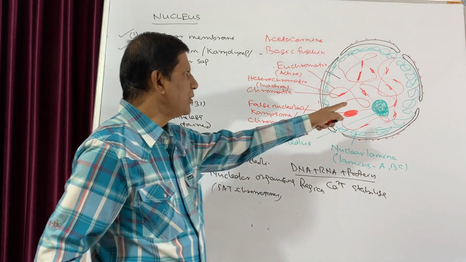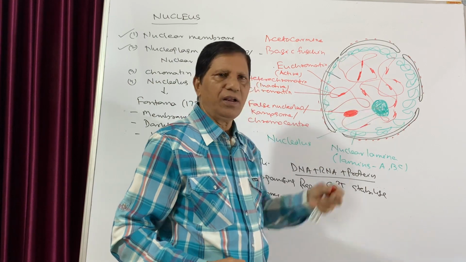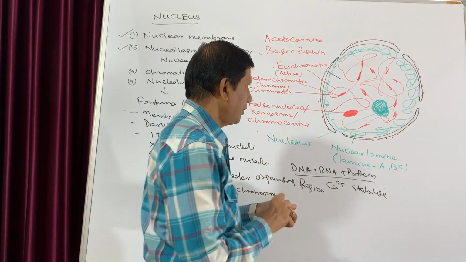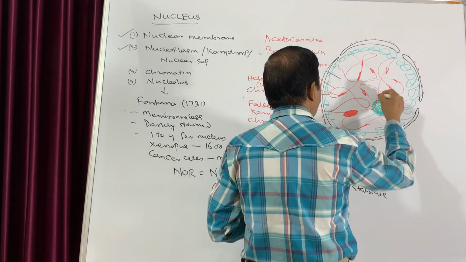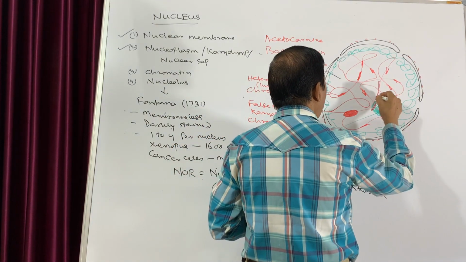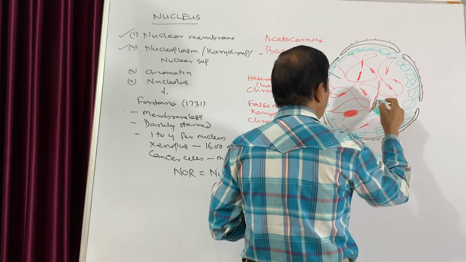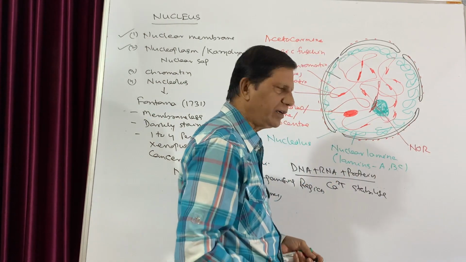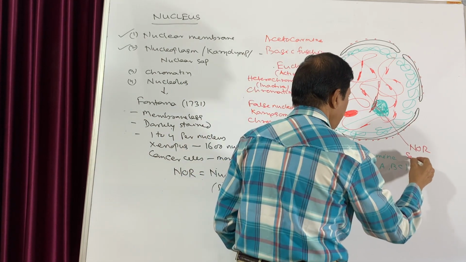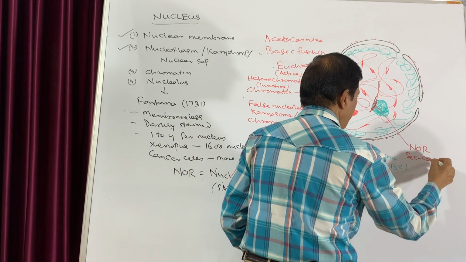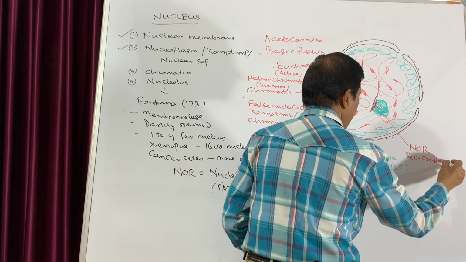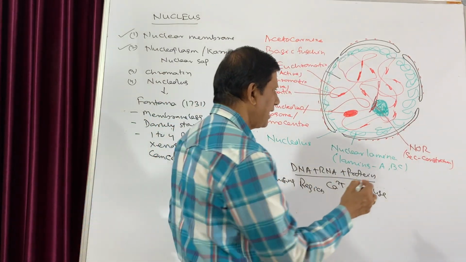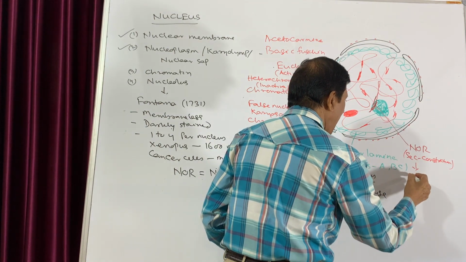Usually this nucleolus is attached to that short chromosome. Suppose this is one chromatin, and here there is one secondary constriction. This is the NOR part, also known as the secondary constriction, and in this NOR part, there is specifically rDNA,